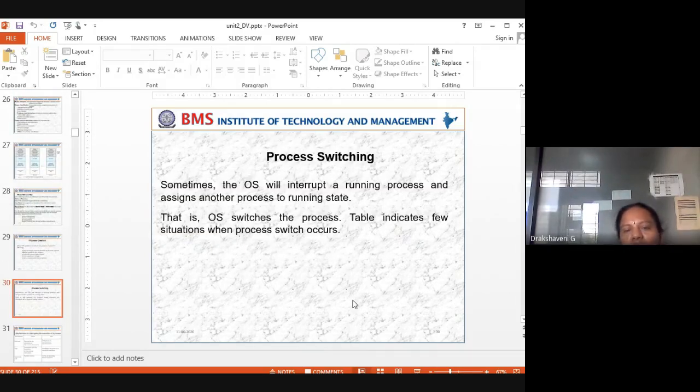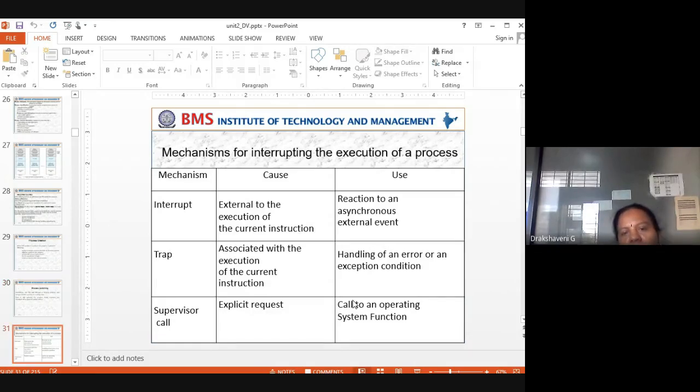So then what is process switching? Switching from one process to another process. Sometimes the OS will interrupt a running process and assign another process to the running state. That is, the OS switches the process. The table indicates a few situations when process switching occurs. So here we can see why the process has to be switched from one state to another state.